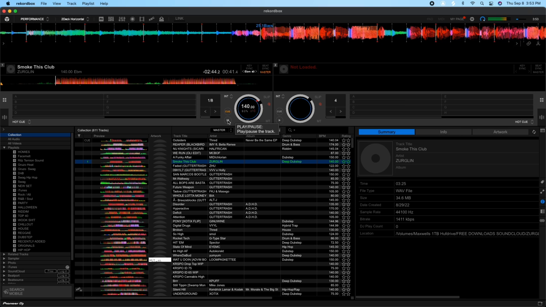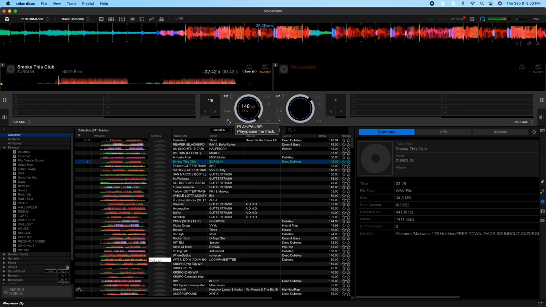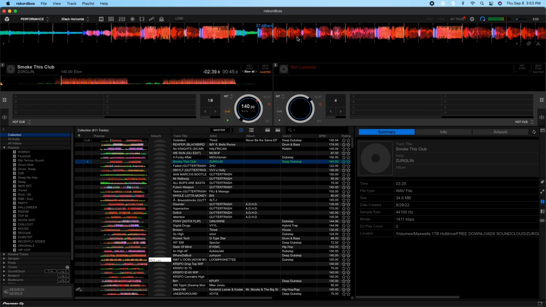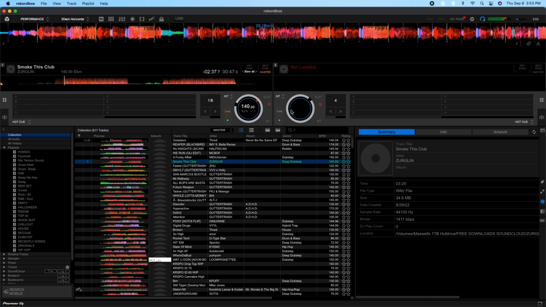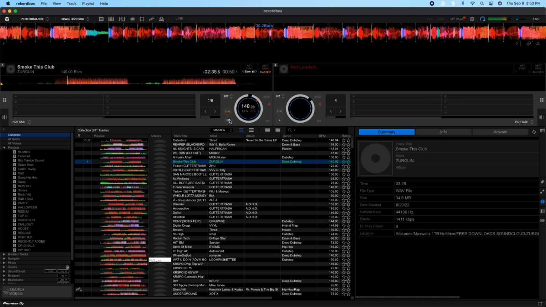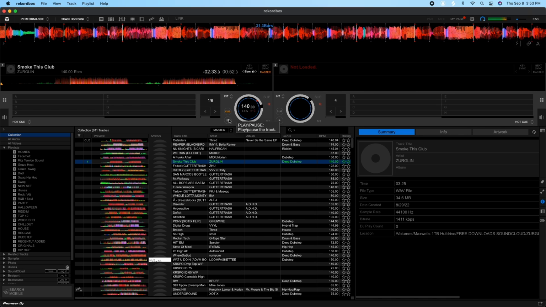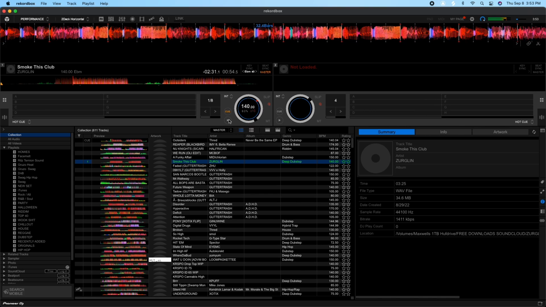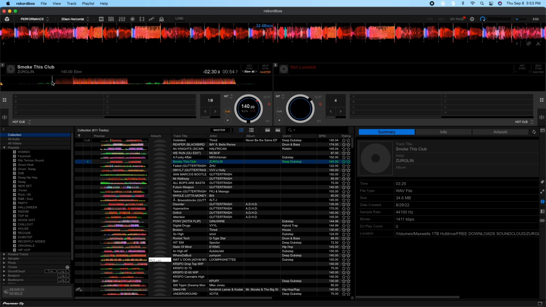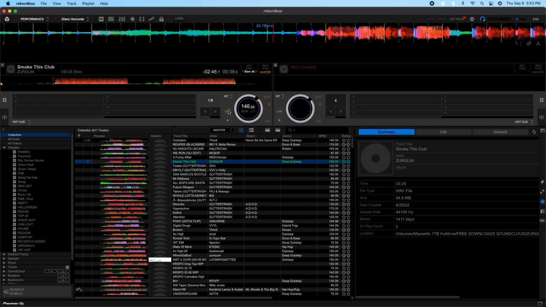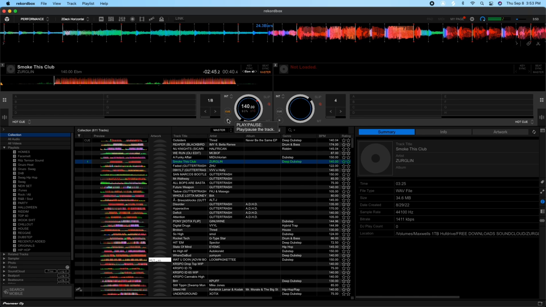Smoke this club. So again, remember this was the second technique I showed you guys with the long bar switch, or long bar shift, whatever. Where you get the long first call, that's a higher frequency, and the second call is a lower frequency. Smoke this club. 1,